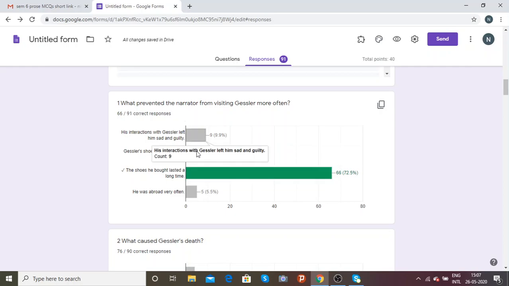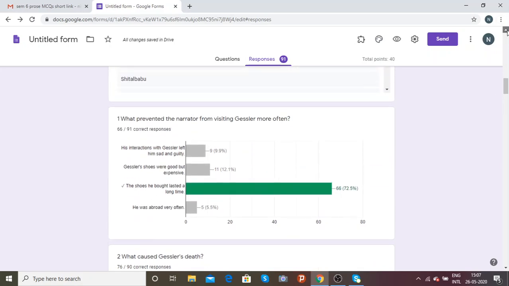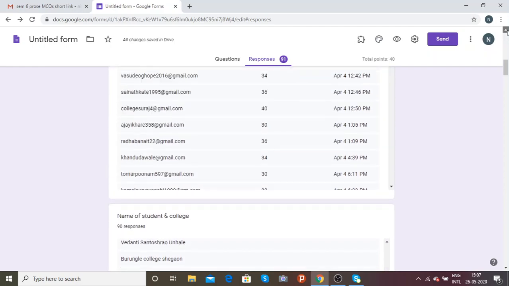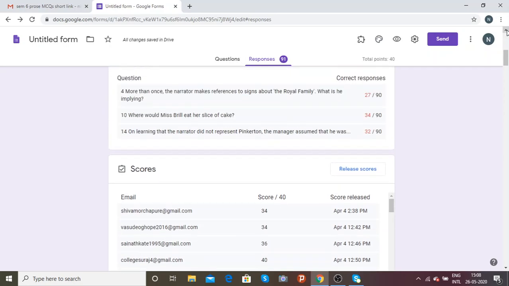Suppose this first question, I can see that the correct answer was option number 3 and 66 students out of 91, that is 72.5 percent, have given the answer correctly. So this summary is very important for us to gain an understanding of how much the students have learnt or understood from the quiz.